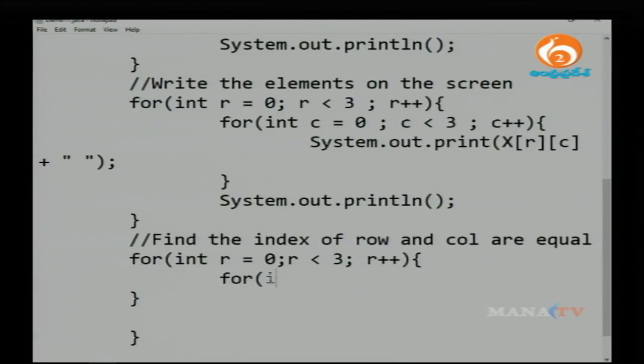And again write one more for loop, column is equal to 0. So your column is less than 3, and column plus plus. Yes, within these two for loops, one represents your row, one represents your column. Here you need to find out where your rows and columns are equal. At this place you have to recall the simple if else statement, yes or no? Wherever row and column are equal,